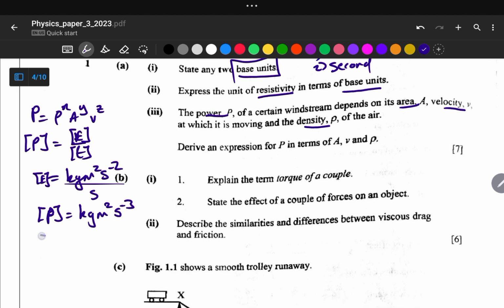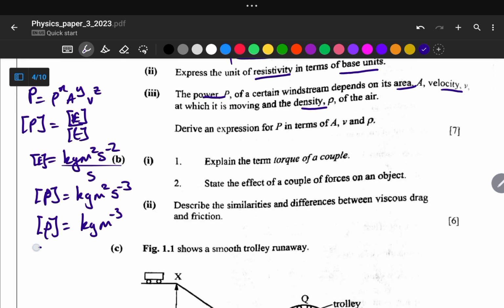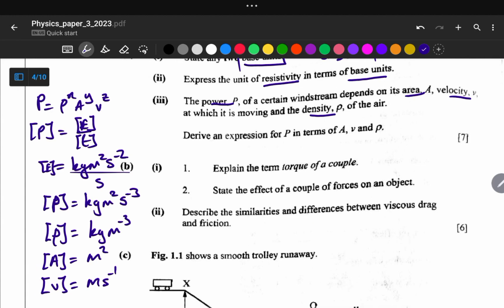The base units of density is mass per unit volume, so it's kg per cubic meter. The base units for area is square meter. The base units for speed is meters per second. So let us use these base units for power, which is kg meters squared per cubic second, being equal to the base units of